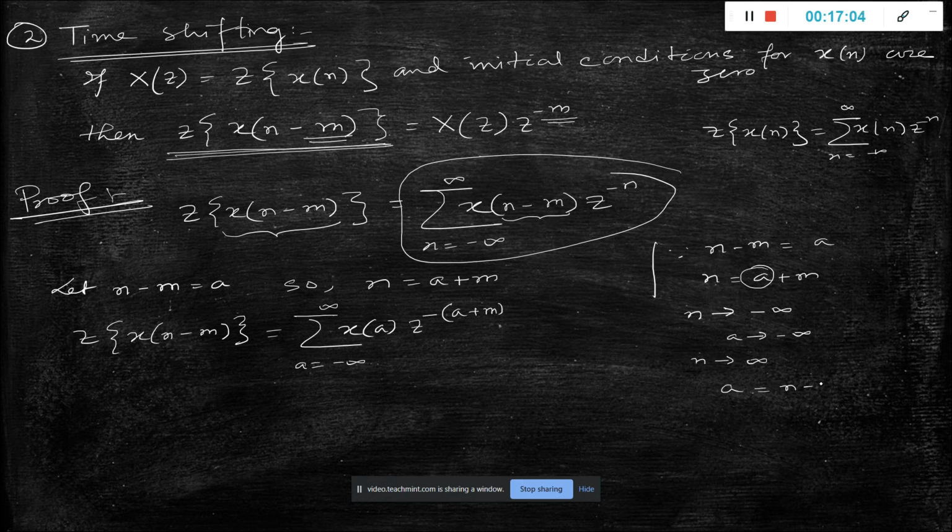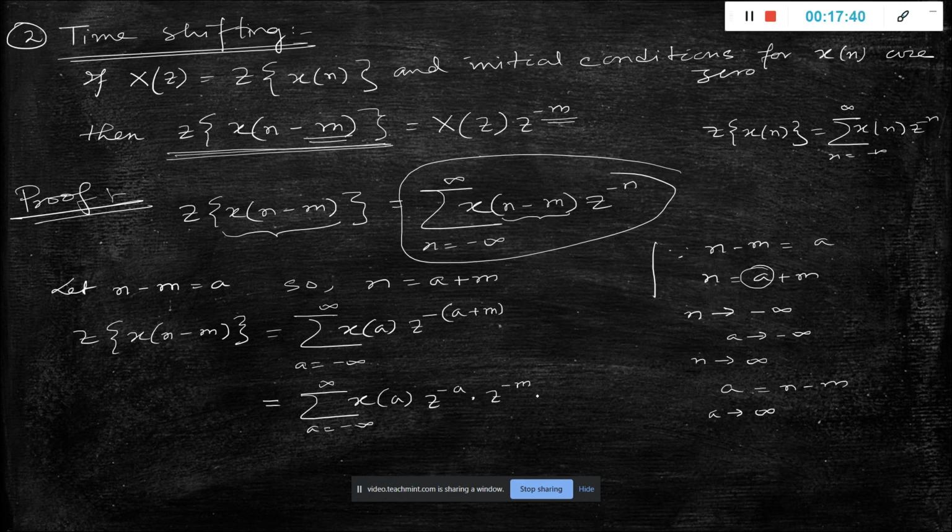a का वैल्यू n minus m, that is infinity से तुम कुछ माइनस करो तो obviously it will also be infinity. So a also tends to infinity. So a, instead of n, a equal to minus infinity to plus infinity x of a z to the power minus a plus m. Now I have to simplify this. Okay, so now a equal to minus infinity to plus infinity x of a z to the power minus a into z to